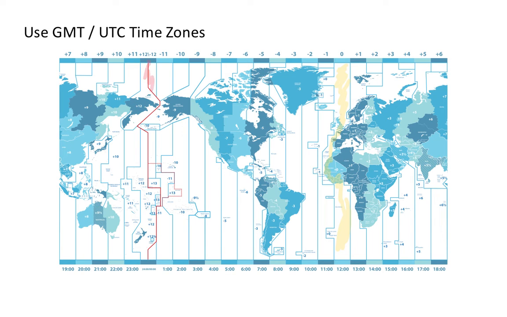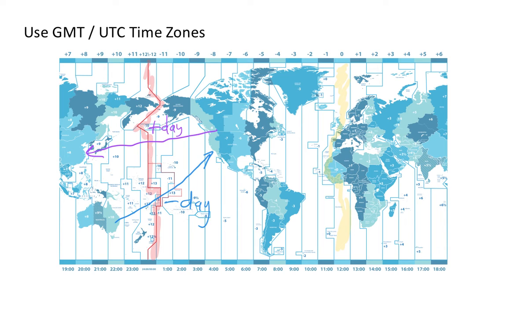We also have the international date line, where our negative and our positive time zones meet. When we are crossing this international date line, our day is actually going to be changing. So if we're going from a plus time zone to a negative time zone, we are going to lose a day. Conversely, if I'm going the other way and going from a negative time zone to a positive time zone, I'm going to be gaining a day. So just remembering that in our calculations when we are looking at a calculation involving a change of day. So let's now go and have a look at an example involving a change of day to see how we